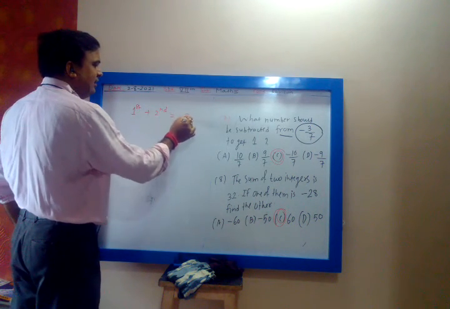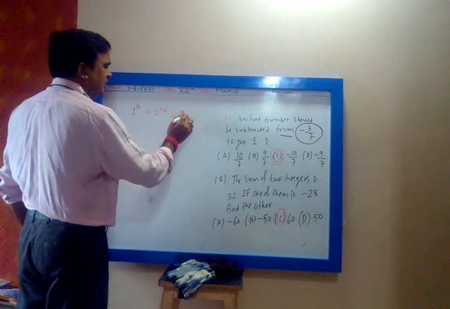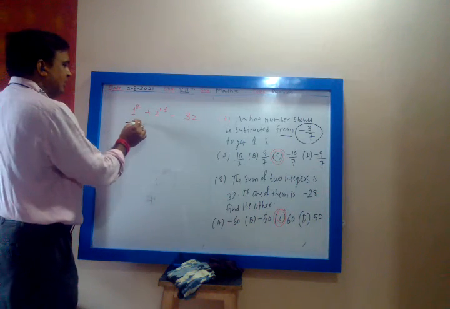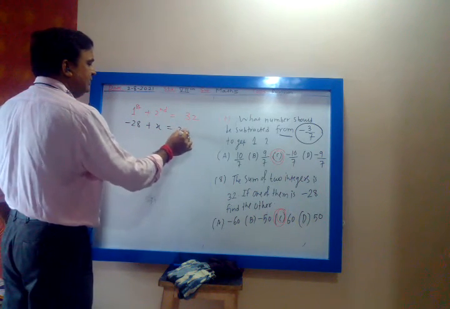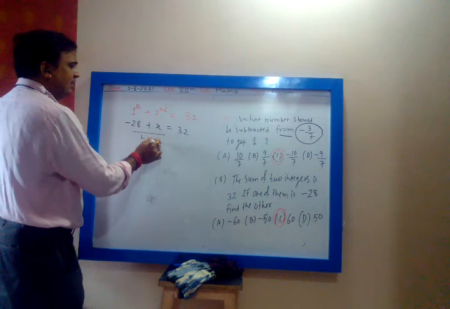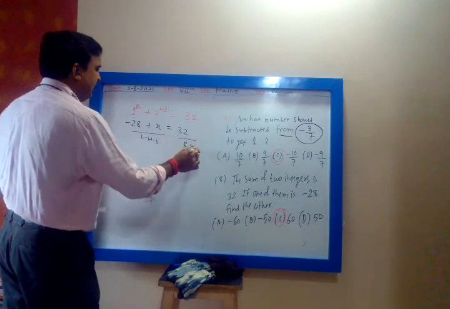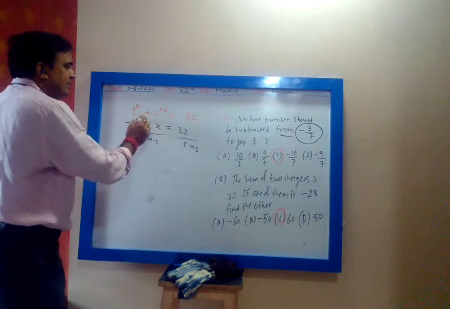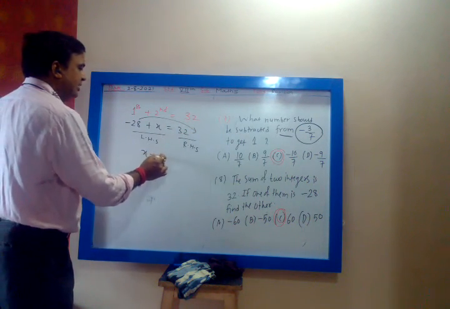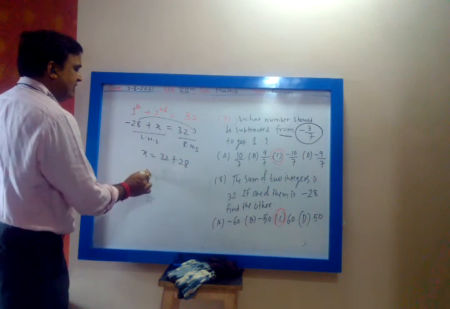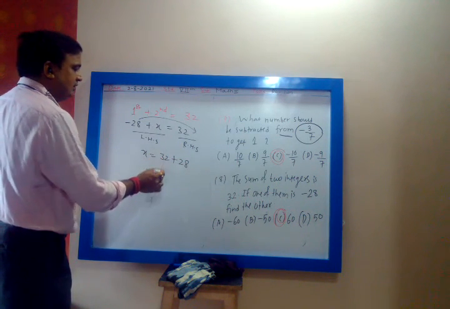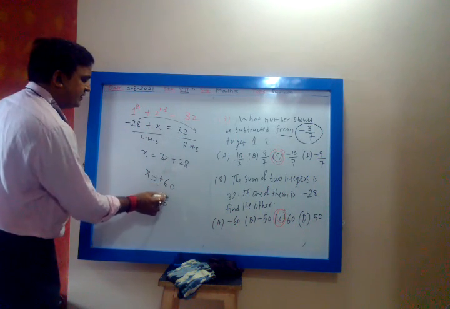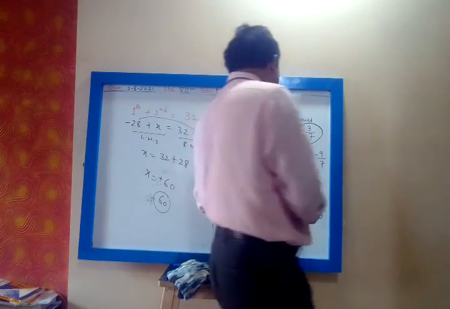First integer plus second integer is 32. My dear, mute the microphone. Sum of two integers is 32. One of them is minus 28. The other is x. So minus 28 plus x is 32. This is my left hand side and this is my right hand side. Minus 28 is on the left hand side, which is minus. When I take minus 28 to the right hand side, it becomes plus. So x is equal to 32 plus 28. Now they have the same sign, plus plus. Add the numbers, take the common sign. So the answer is plus 60. Plus 60 is the same as 60. Okay. So option C was the correct answer, plus 60.